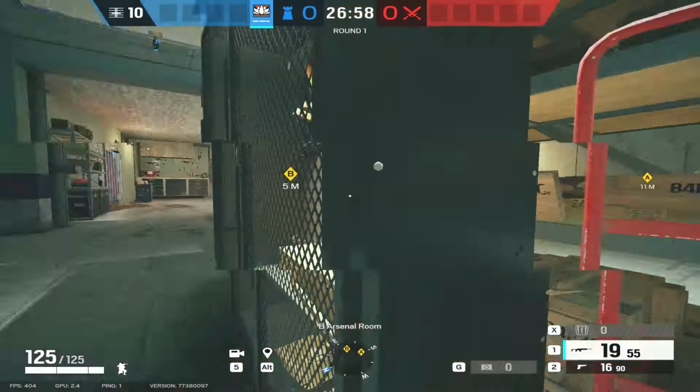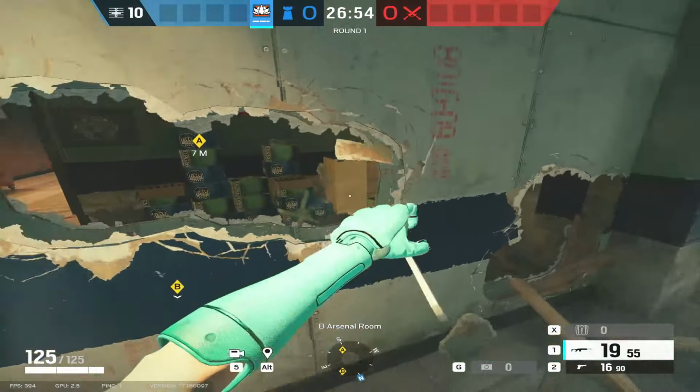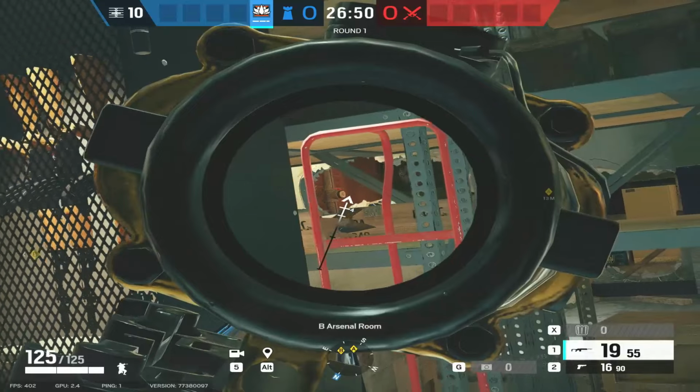Oh, one more angle I haven't shown you. Shoot out the boxes there, and then make an angle along here. I never get this right first time, so excuse me if I don't. And then from here, there we go. Now you can hold into...